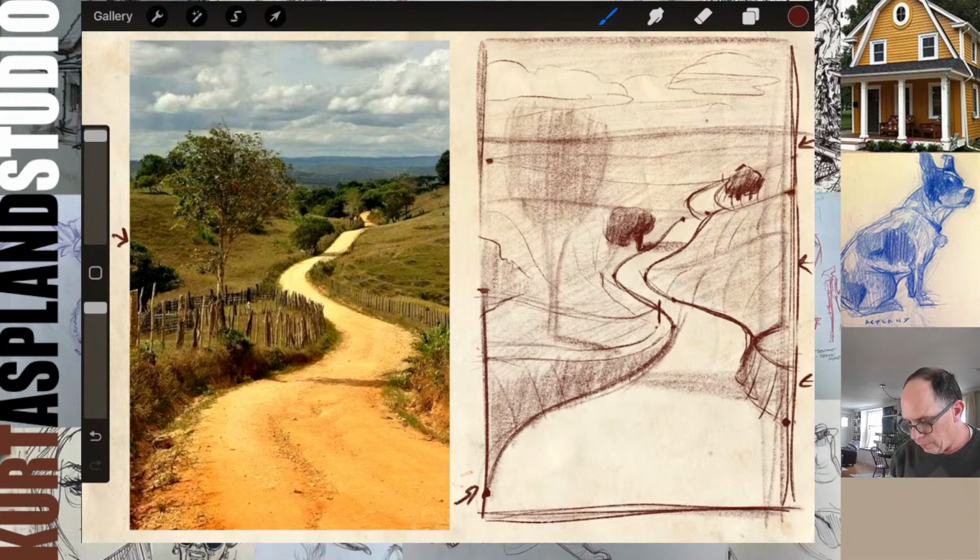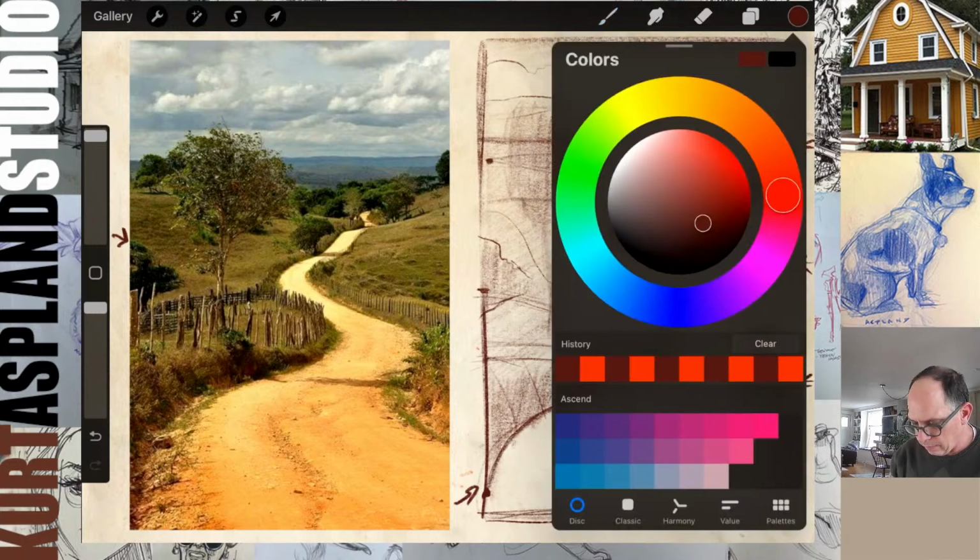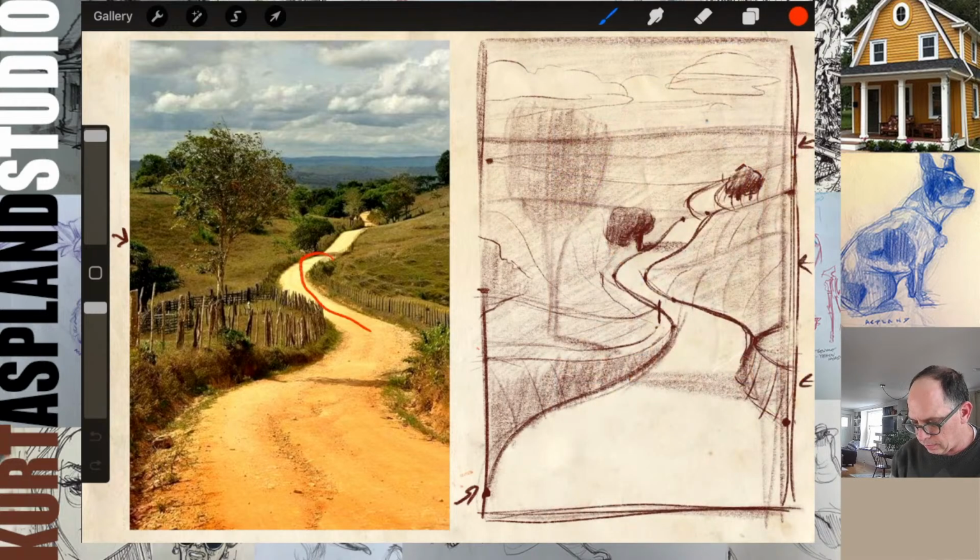All right, there's another fence on the right side of the road, so let's get that into place. So this is where I'm looking at right here. This fence right there. So we're going to come in kind of small right there. You see that? And then it's going to end up right about there. So let me draw a light line here, because we're going to come back in just a minute and